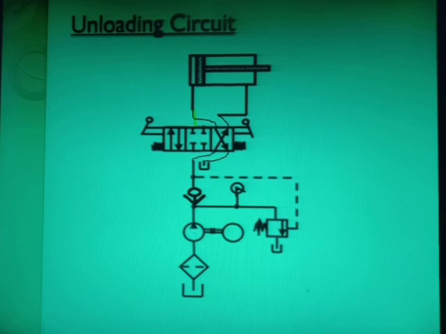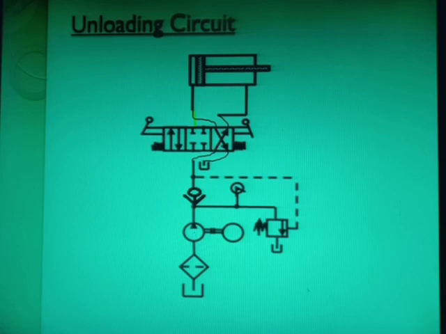So this will be the connection. In that case what happens? Again the check valve will get open. Oil from the pump will go to the B end of the actuator and it will start retraction. So it will come backward. From this side the oil will come to this A port and it will go to the reservoir. This is the normal operation. So our actuator will work normally.